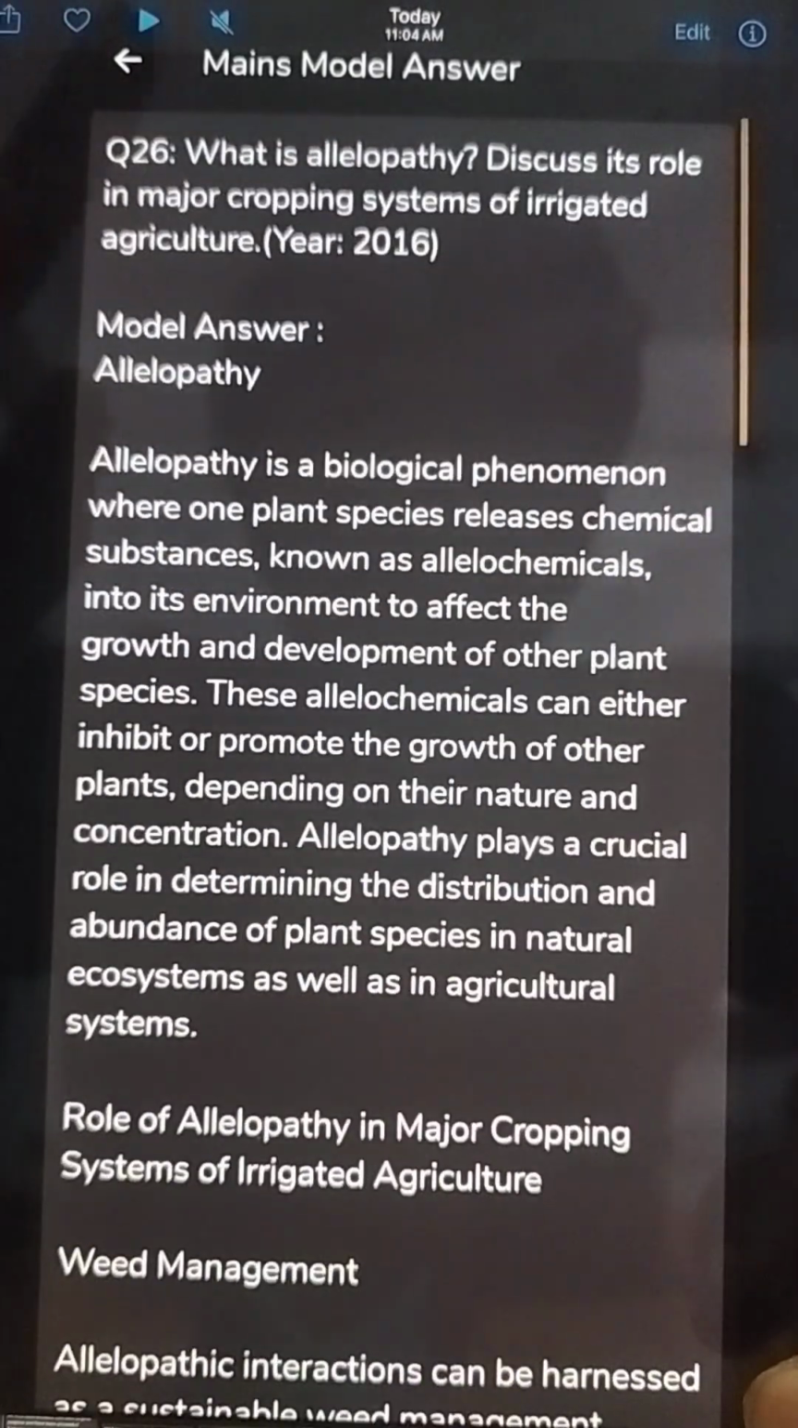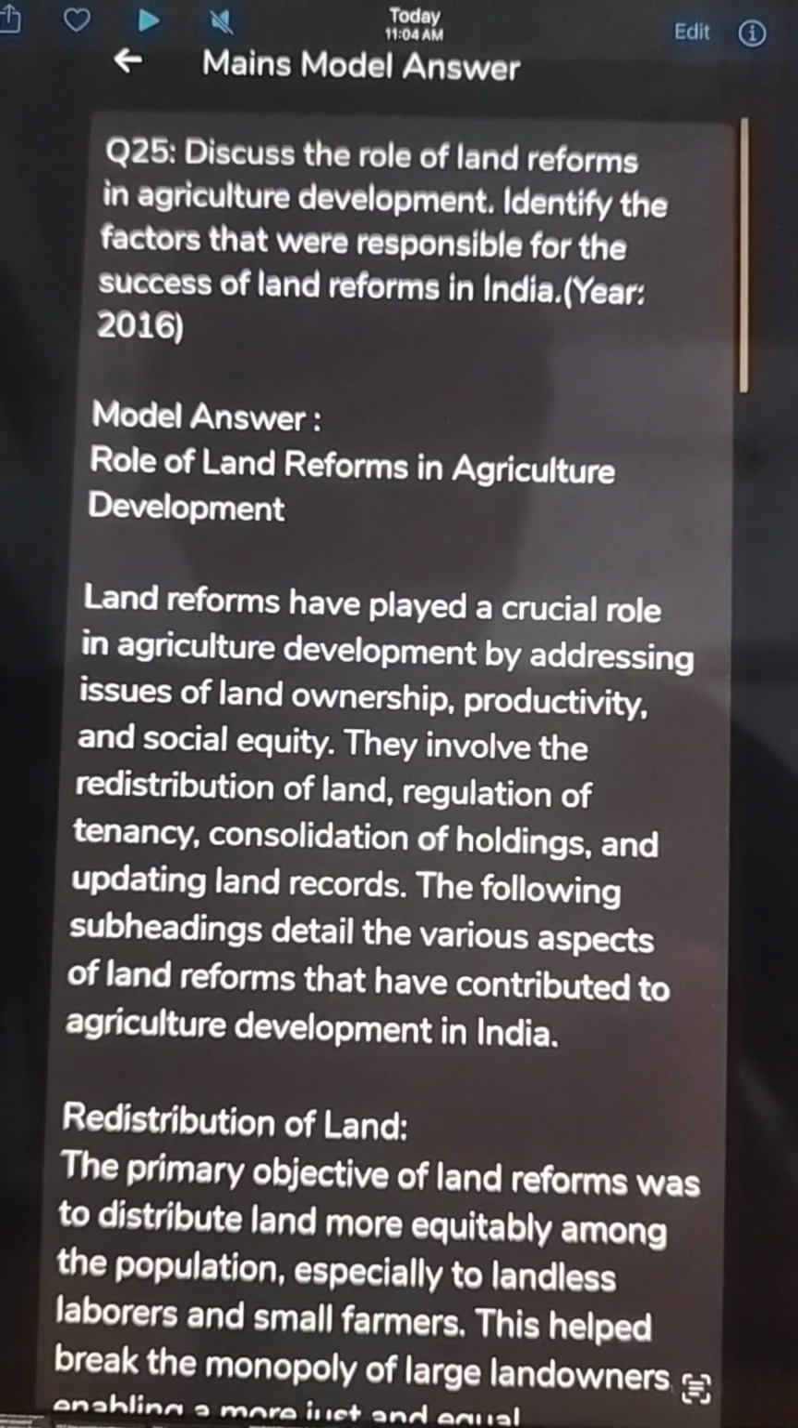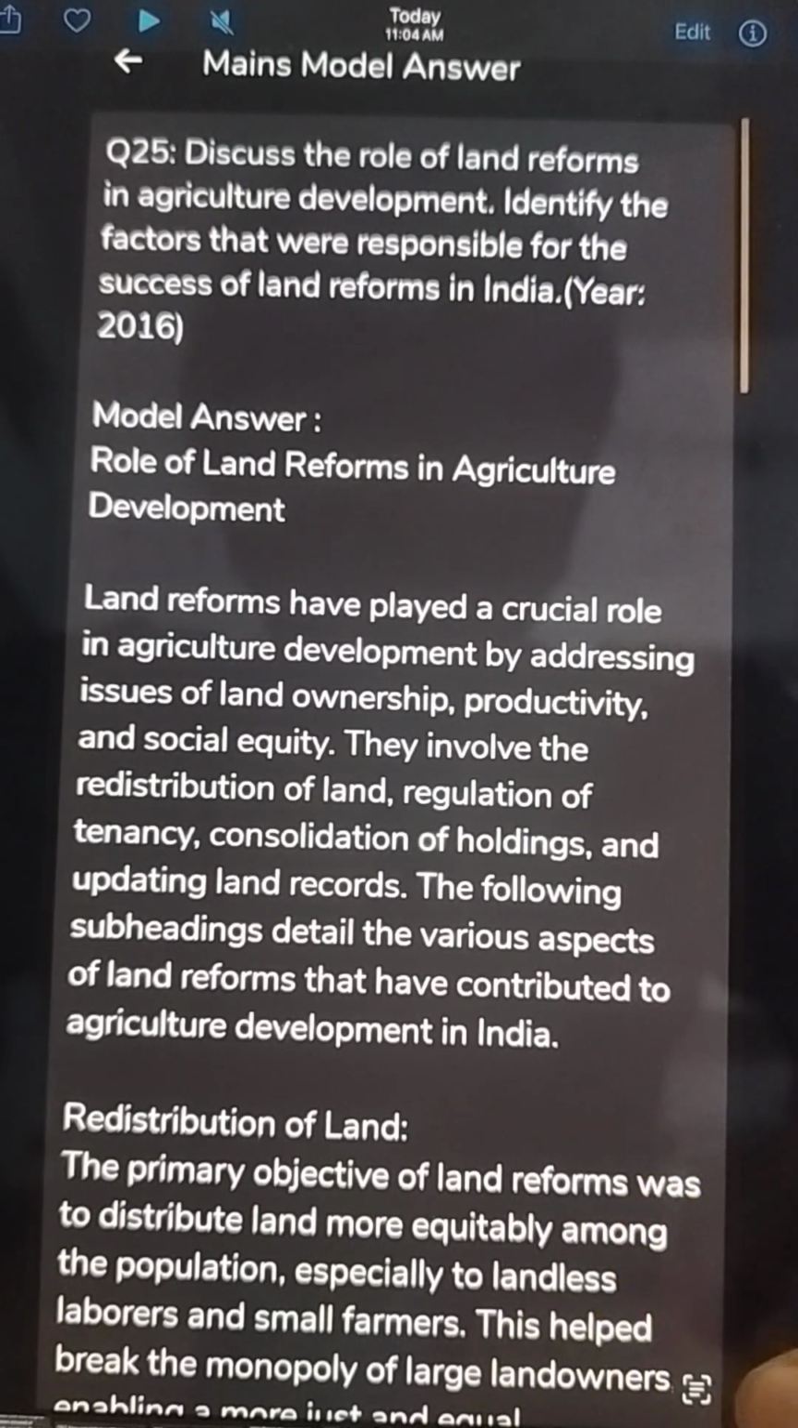Then comes: discuss the role of land reforms in agriculture development. Identify the factors that were responsible for the success of land reforms in India. Role of land reforms in agriculture development, what is it? First, land reforms have played a crucial role in agriculture development by addressing issues of land ownership, productivity, and